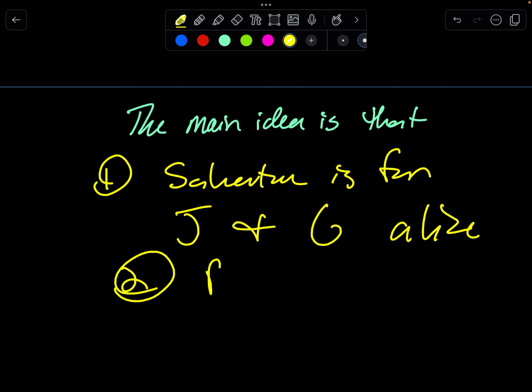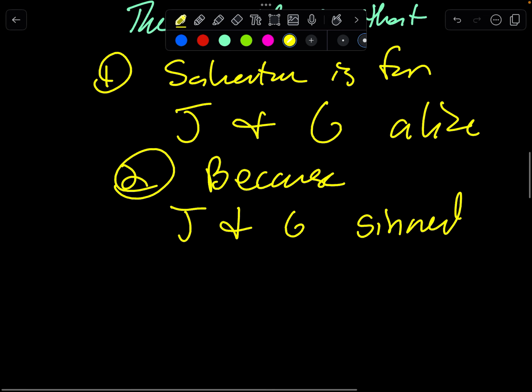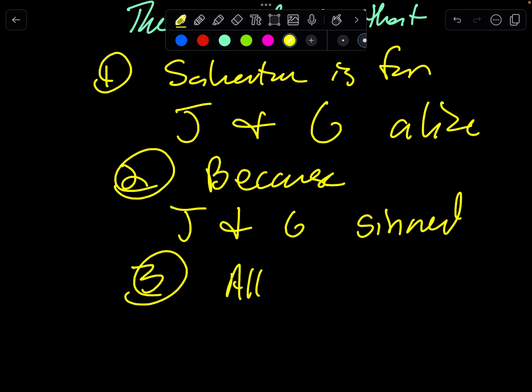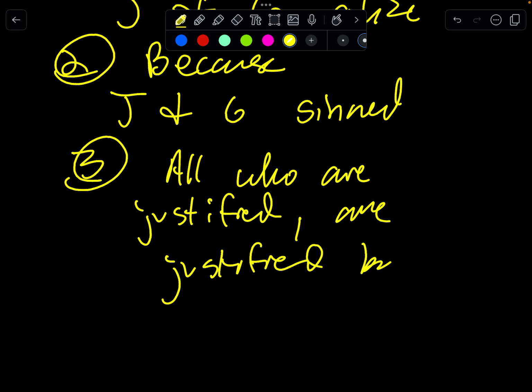Why is that, Paul? Because both Jew and Gentile have sinned. And so all who are saved, who are justified, are justified by grace. And so Paul, here in this passage, continues the argument that Jew and Gentile have the same need,